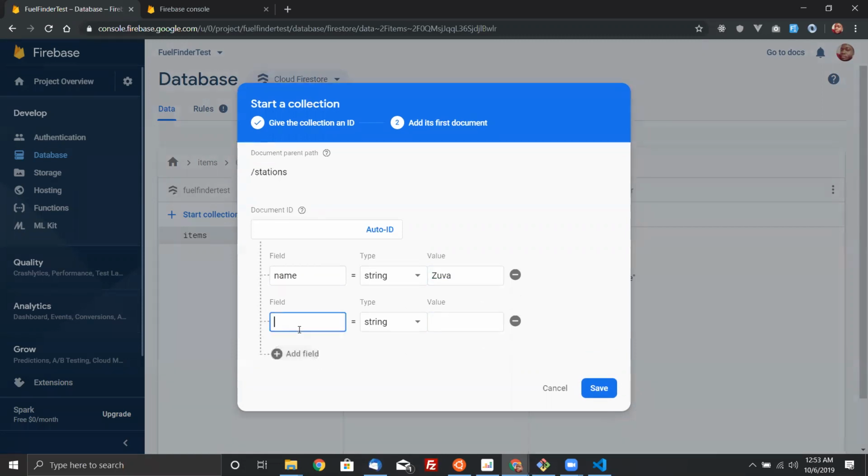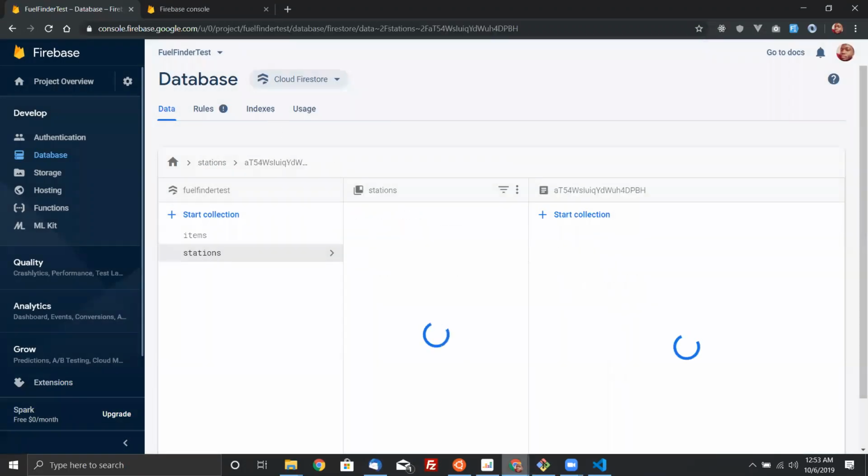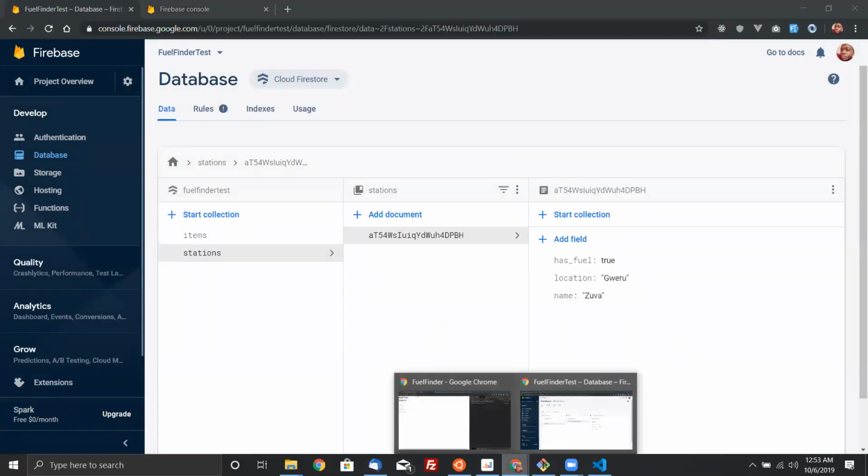Add field location. Let's say Gweru. Then has fuel. It's a Boolean, and it's true. Save. And hopefully,